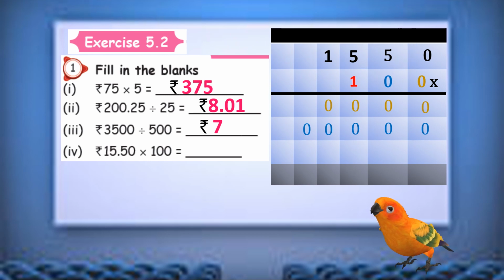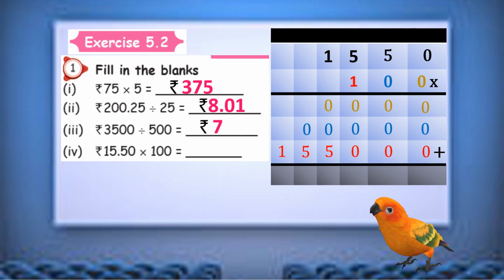Finally now we are going to multiply with 1. So fill the ones and tens place with 0. Clear? Now let us start multiplying. So 1 zeros are once again 0. 1 5s are 5. 1 5s are 5. 1 ones are 1. So what do we have to do now? Right. We need to add all those values, isn't it?